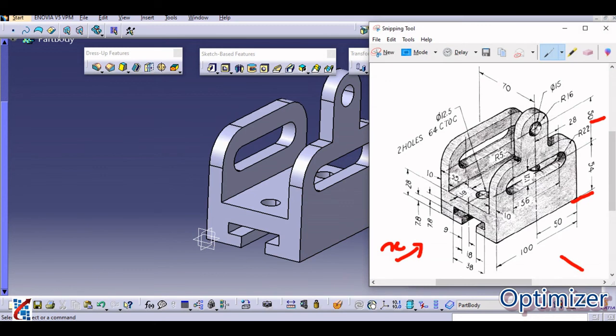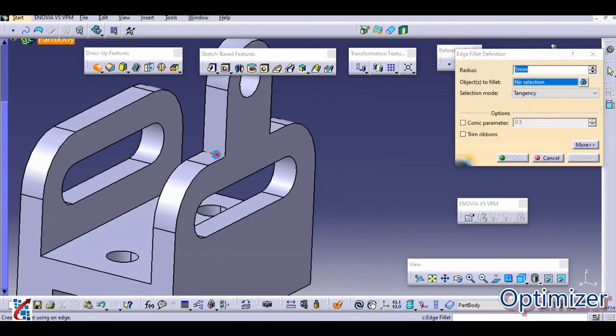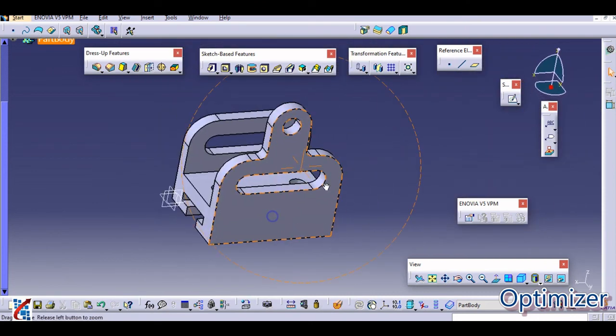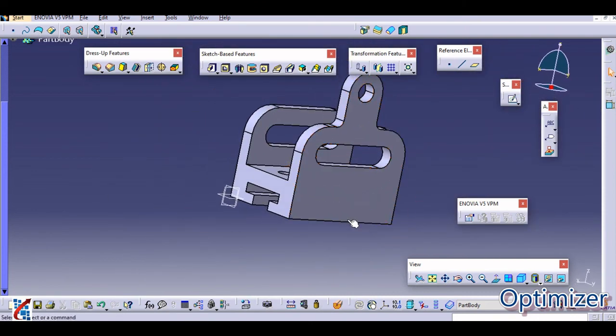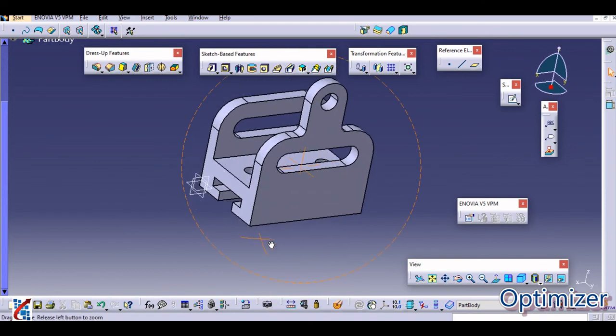So almost we have completed. Small fillets are there, you can give the fillet, like this is an R5 fillet. So let us give that fillet and then we will conclude. Just go to fillet, select this edge and the same edge opposite to that one, 5 mm, and just click on OK. So this is how we need to complete the total model.